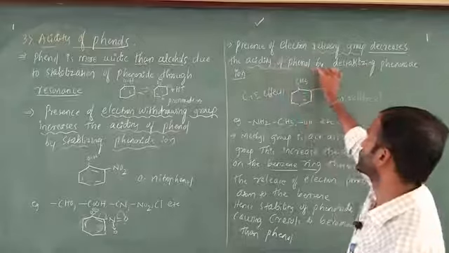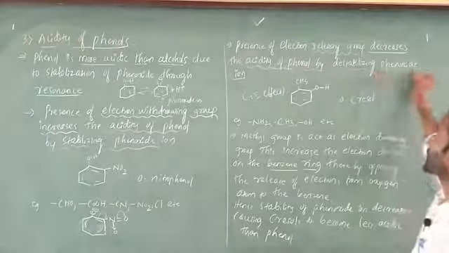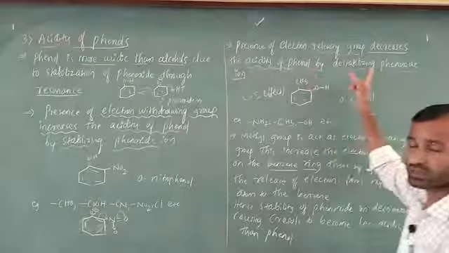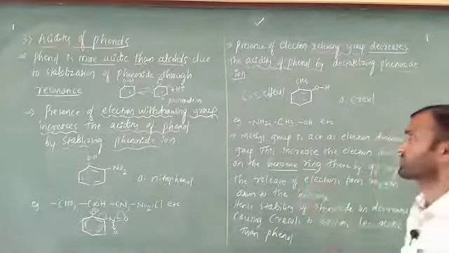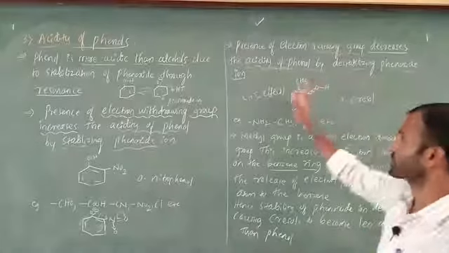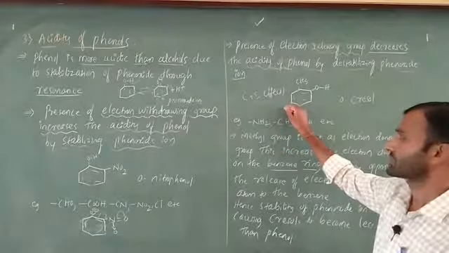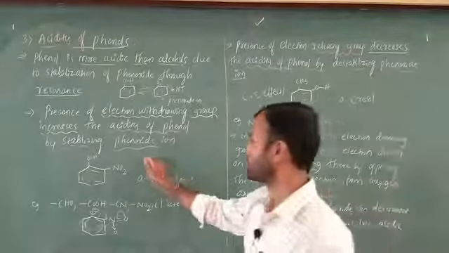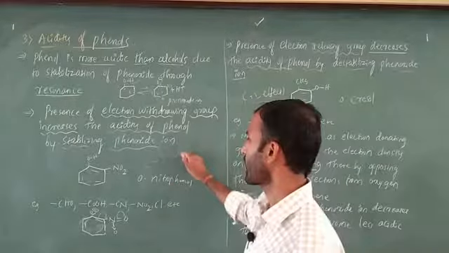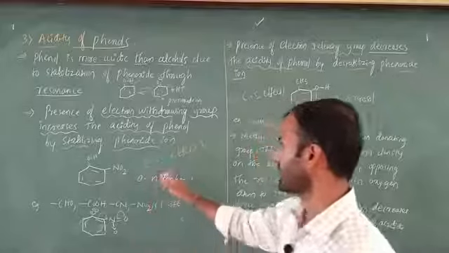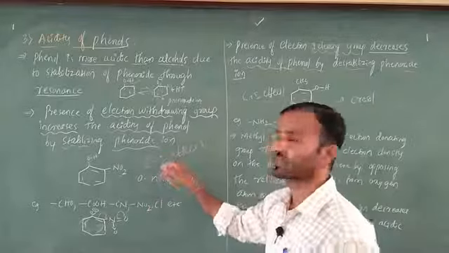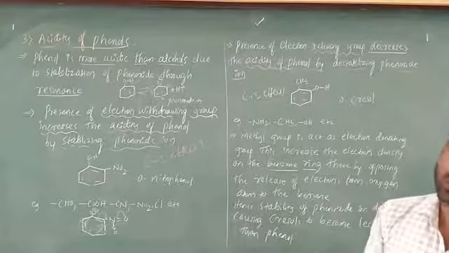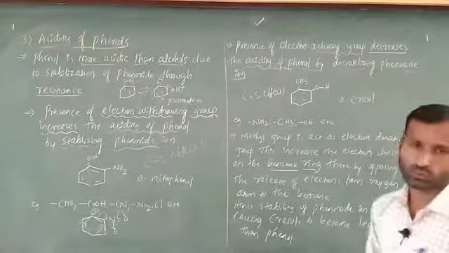Acidity of phenol is going to decrease by destabilizing. Here the word was stabilizing; here the word is destabilizing. Comparison is the most important. Destabilizing the phenoxide ion. In this case, which effect takes place? Plus I effect takes place. In the other case, which effect takes place? Minus I effect takes place. Electron withdrawing is 100% minus I effect. If electron donating is there, that is called plus I effect. Okay, that is the inductive effect.